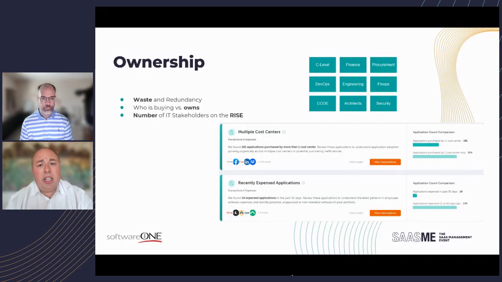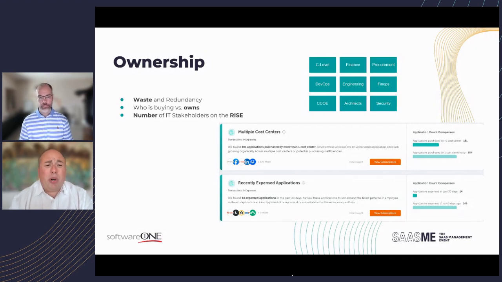Along comes security with all these new SaaS applications in the environment. Some of them are approved, some of them are blacklisted. It doesn't matter, right? We need to understand what is a potential risk and be able to give that to security at a moment's notice, right? So there's a lot more IT stakeholders out here that are kind of peeking in and getting interested in terms of what SaaS or what ITAM can do and what they can surface from a visibility perspective. So I'll pass it back over to you.